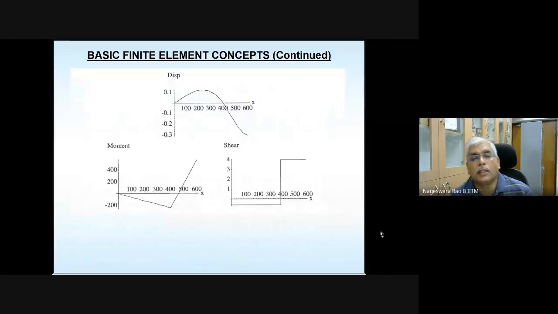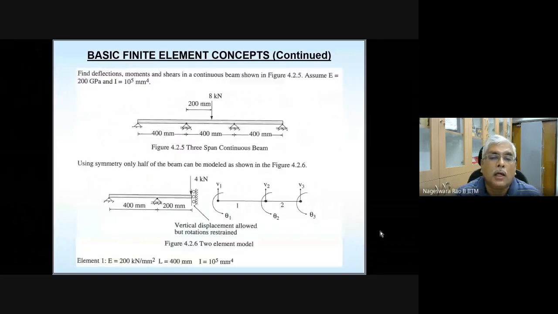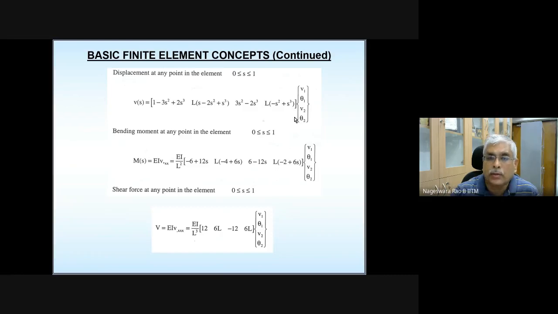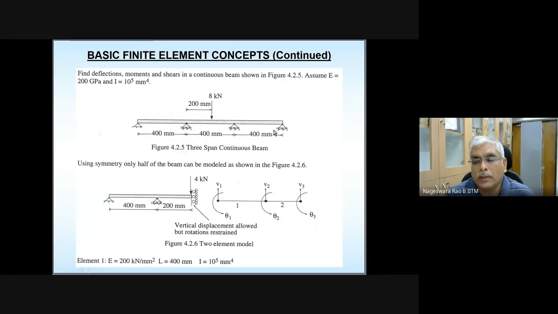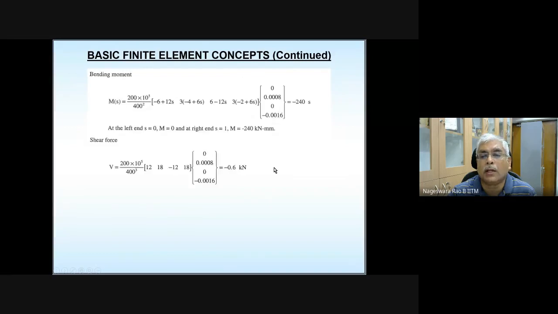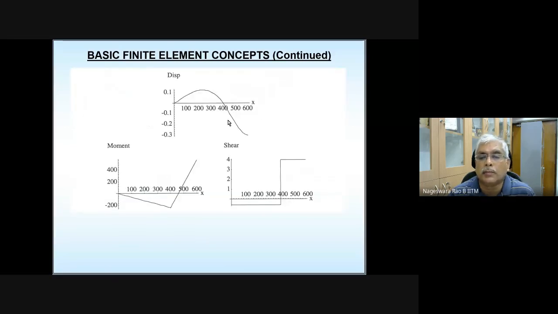Last class, we looked at the application of this beam element, for which we derived the equation system for a two-node beam element. We derived this equation system and tried to apply it to solve this problem, taking advantage of symmetry, or if you want, you can solve the full problem. And if you see the solution that you got here, whatever bending moment, shear force solution or displacement solution, here this plots.